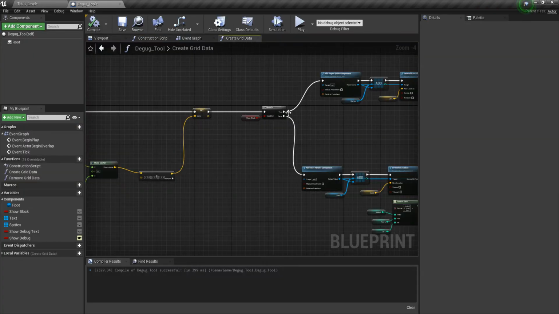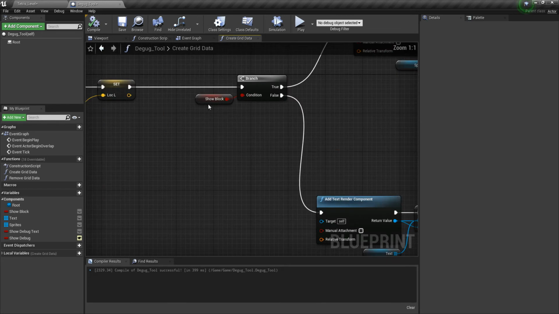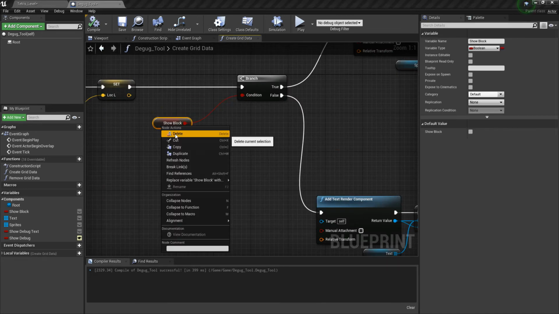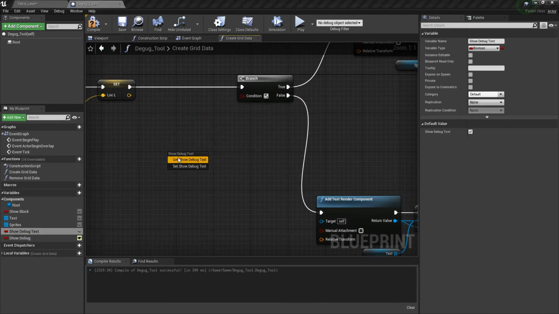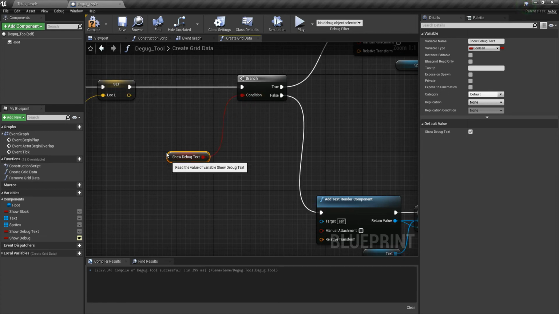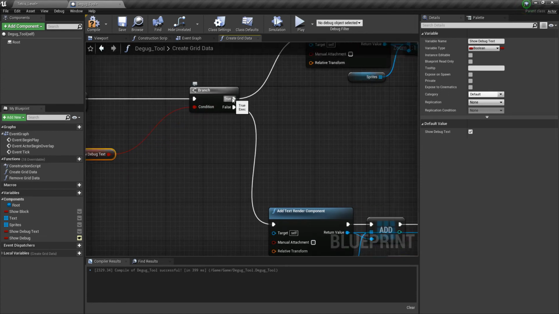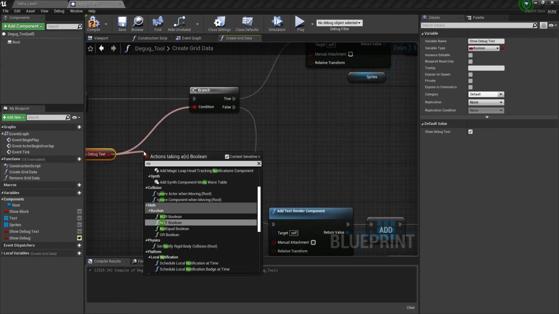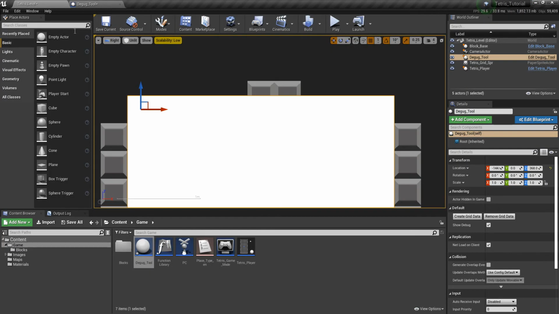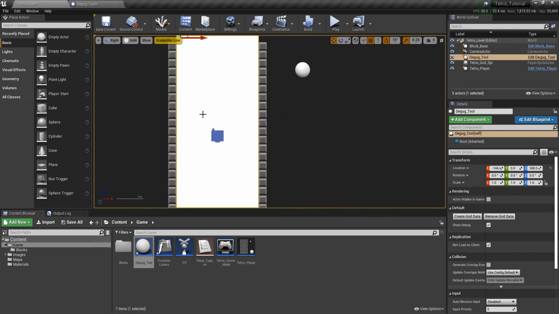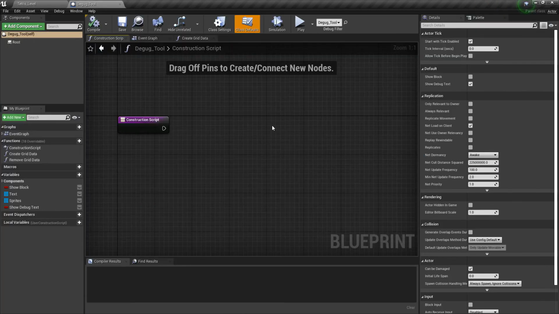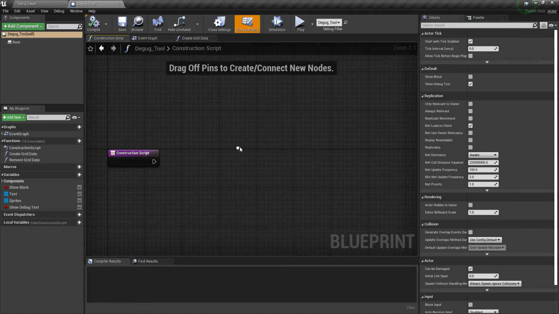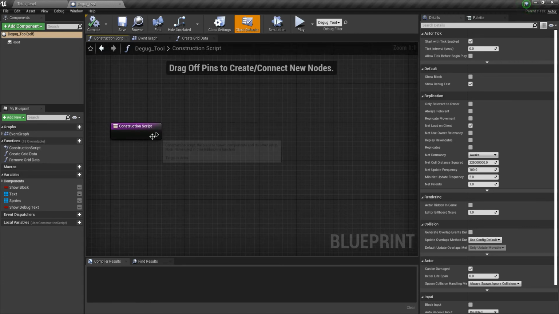So if we go back really quickly, instead of show block, we should actually be using show debug text. And we'll plug that in. And now, so that way we don't have to switch around the true and false conditions, let's go ahead and just use a not. Now if we go back to the construction script, now you're going to see all these white blocks. Okay, I apologize. The editor crashed on me, so I'm not sure where I left off at,